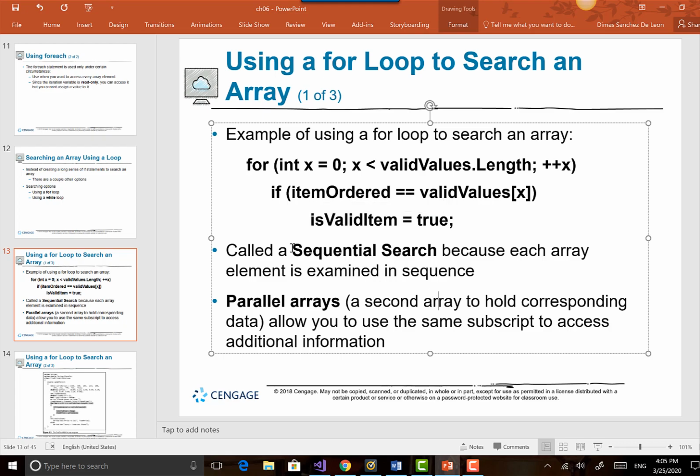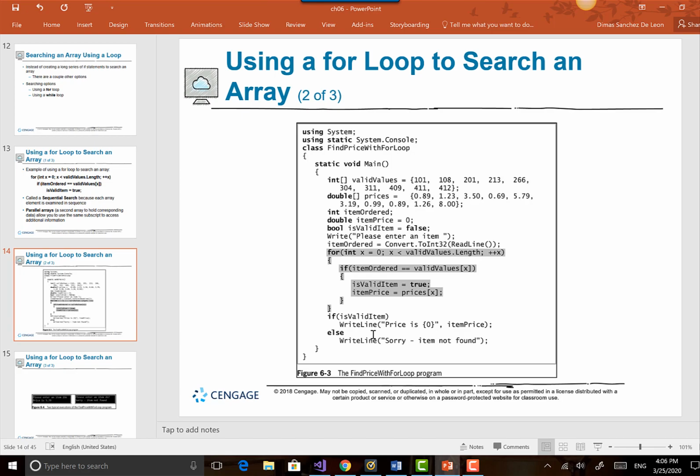Okay, this is a sequential search since we have to go from the beginning to the end. And another thing that we can use this for is with parallel arrays. In a parallel array, one array will have the item, and the second array will hold corresponding data to that specific item. I believe that next we are going to have an example of that, and that will be the last topic, so we don't get overwhelmed with this,